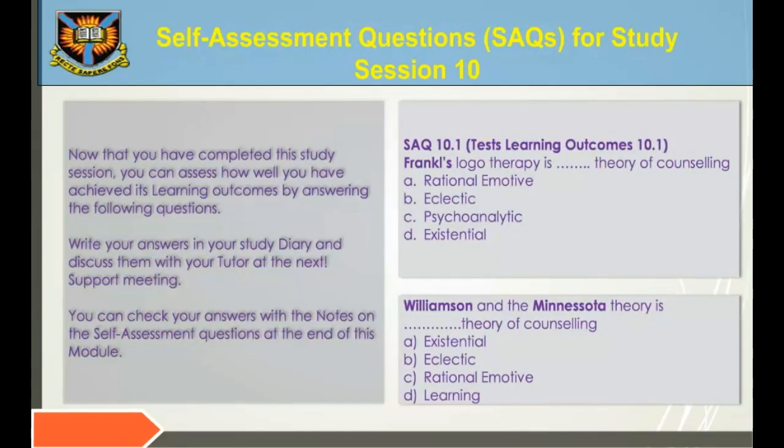Summary of study session. In this study session, you have learned that: 1. Each profession has its own instrument to be used by an individual in carrying out his job. The counselor is not an exception. 2. There are various techniques he can use in carrying out his counseling job. Some of the techniques utilized by counselors are as follows. A. Interview techniques. B. Observational techniques. C. Projective techniques. D. Sociometric techniques. E. Collection of historical background data techniques. F. Application of counseling theories techniques. G. Use of psychological test